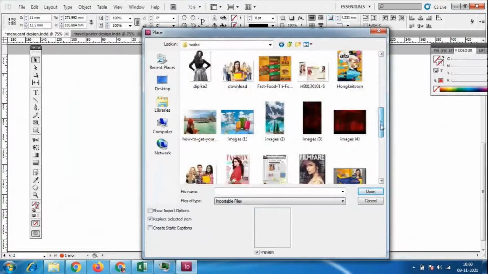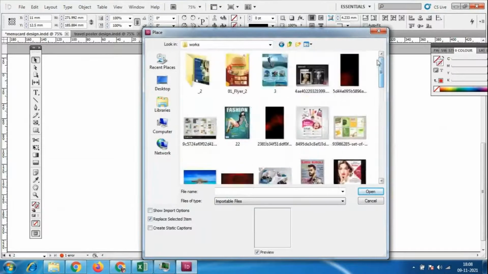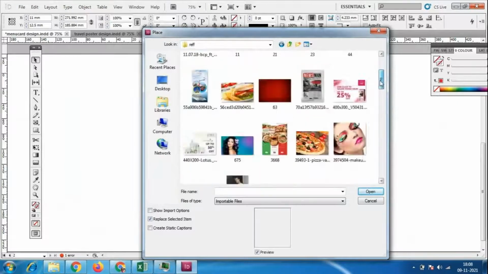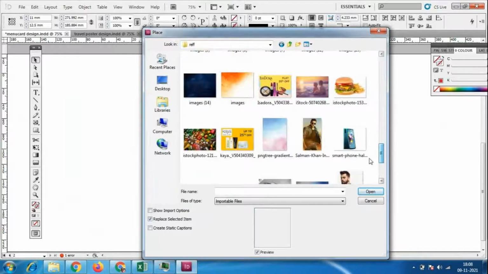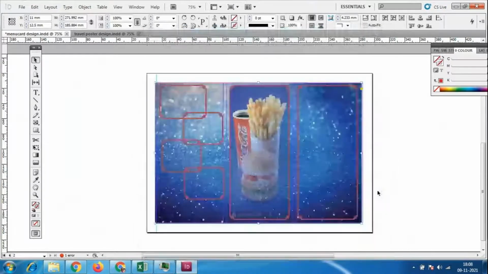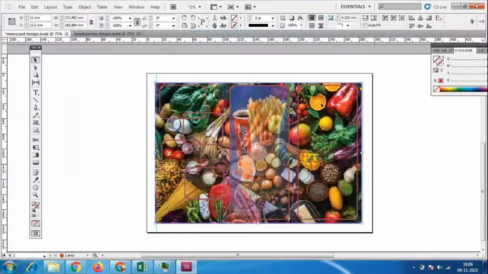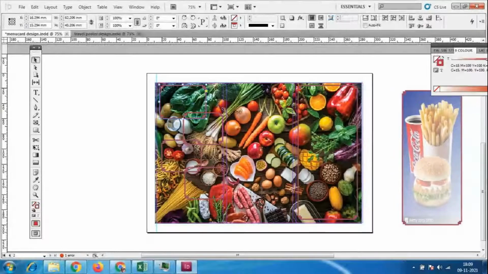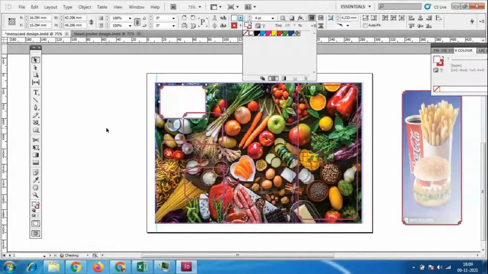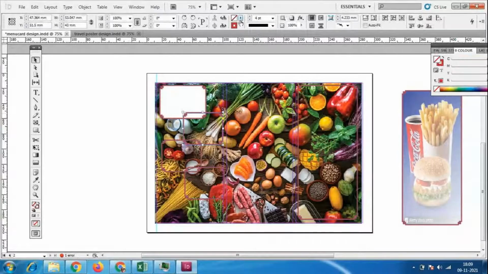I have saved it somewhere. Yes, this one. See, like this the complete background will be like this. So we can keep it outside. Sometimes you have seen this kind of menus. In that case we have to highlight this box with white color, something related to this, and keep it in the background.